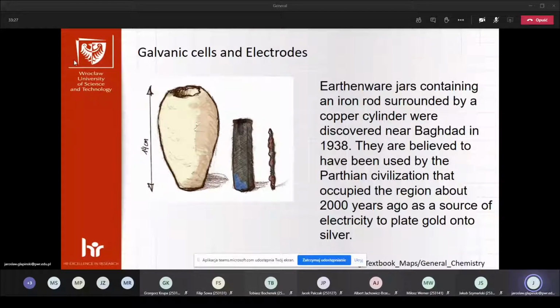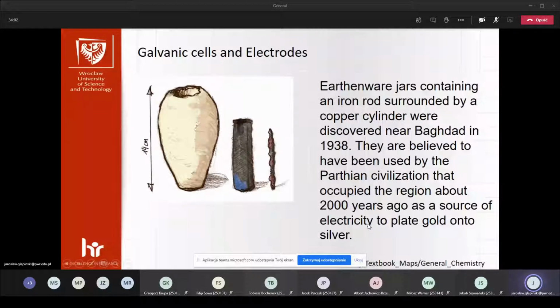We start. That was the first element that was found out. It was the galvanic cells. Yes, this is the beginning of the battery. So it was found that 2000 years ago, there was a jar with some special materials that was used to